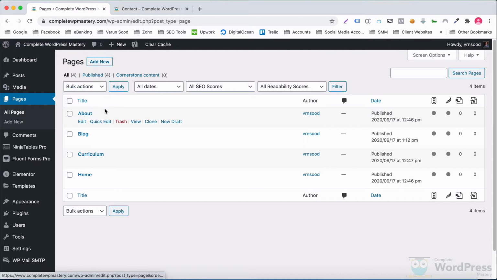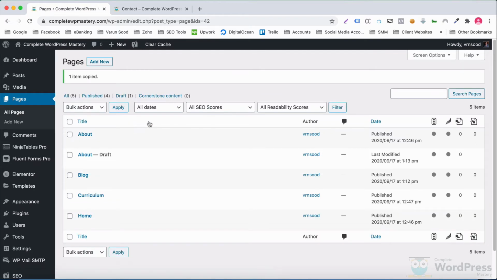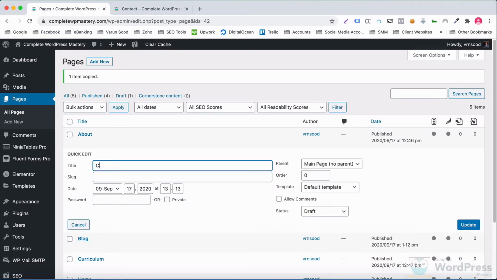There you go. Now let me show you another way of quickly creating a page. Instead of creating a new page, we can simply clone an existing page. Since all our pages are empty at the moment, with no content inside them, it is safe to clone any page because all pages are the same. So let's go ahead and clone the About page. WordPress has created a new page which has not been published yet and is in draft state. We can quickly edit it to have the title we want, change the status to published, and hit update.